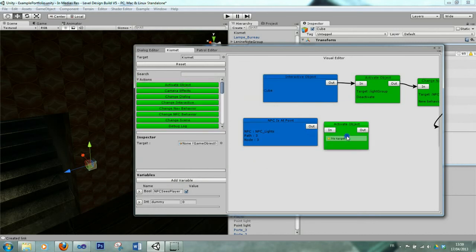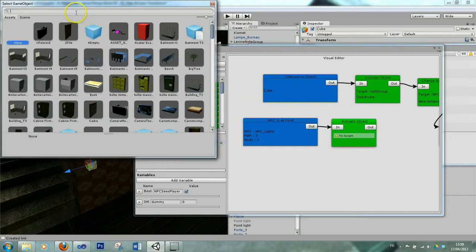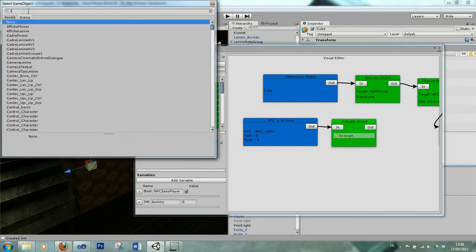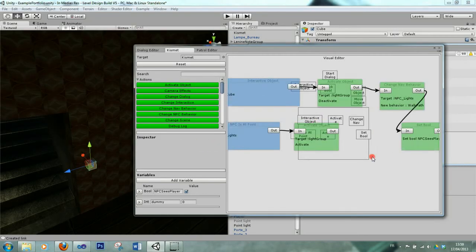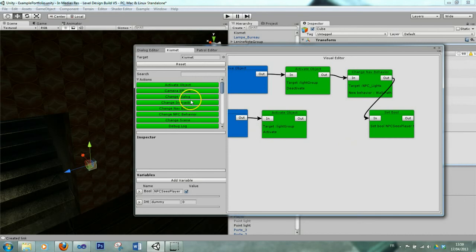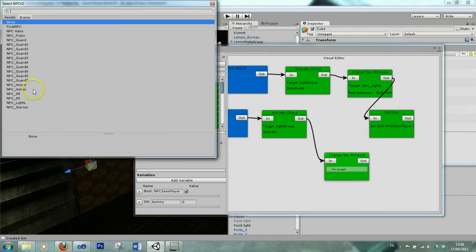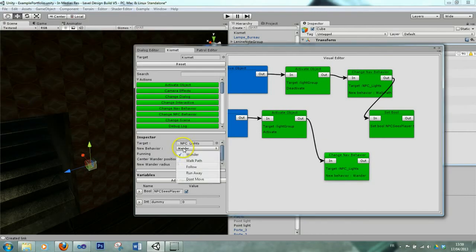So activate object, then the light group in the scene, light group, it will activate it back on. Then it will make the NPC go back to its initial position. So again we change the nav behavior of the NPC lights to walk path and to its go back to cupboard path,